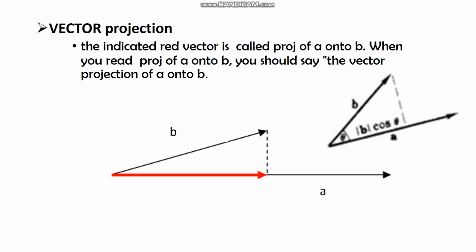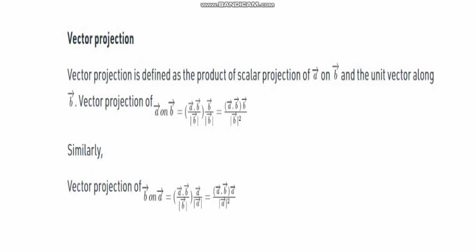And for vector projection, the indicated red vector is called the projection of A onto B. When you read projection of A onto B, you should say the vector projection of A onto B. The vector projection formula is defined as the product of the scalar projection of A on B and the unit vector along B. So, we have vector projection of A on B is equal to A dot B over the magnitude of B, times B over the magnitude of B,